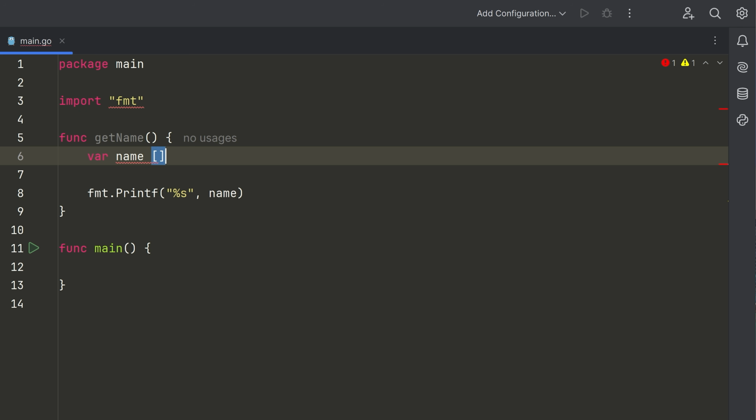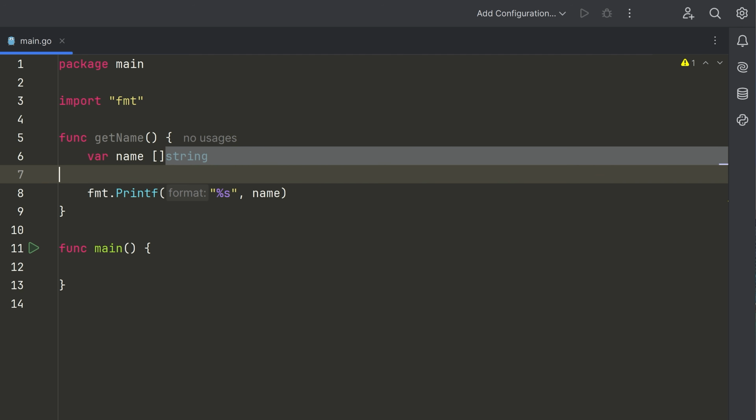If you want to make something like an array, you put a set of square brackets, and then you put the type, and this is defining that we're going to have actually what's called a slice in Go, which we're going to talk about later, of strings. Apologize if I'm going fast, but I am trying to not kind of lag on all these topics because I know a lot of you already know how to code. Okay, so we are going to define our variable